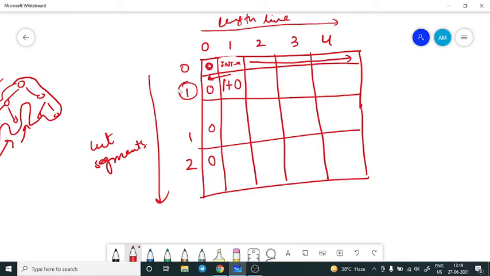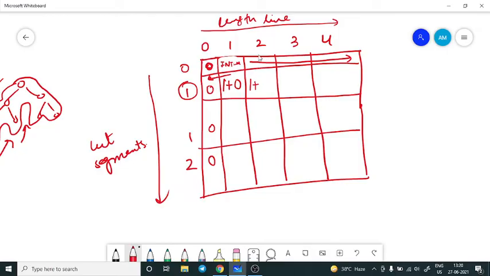Now coming back to 2 here. It's going to be pretty interesting for this 2. If I have a cut of 1, I increment it by 1 because I did one cut. After cutting the length of one cut segment from this line segment of length 2, I will be left with only 1. So I will shift backwards here, because I can utilize the same cut again. That's why I'm not shifting to the row above.